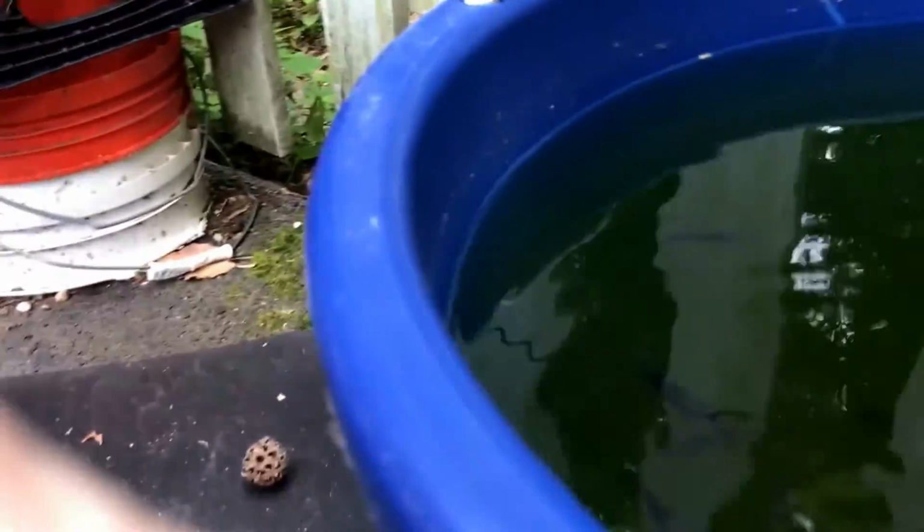Starting off this episode with a shot of the breeding guppy tub. These females are being bred by the, right there, I guess you call them the metallic mosaic Dumbo ear male guppy. Most of these are the wild caught females. And they're about to get fed, that's why they're all excited, some mosquito larvae here that I just caught from